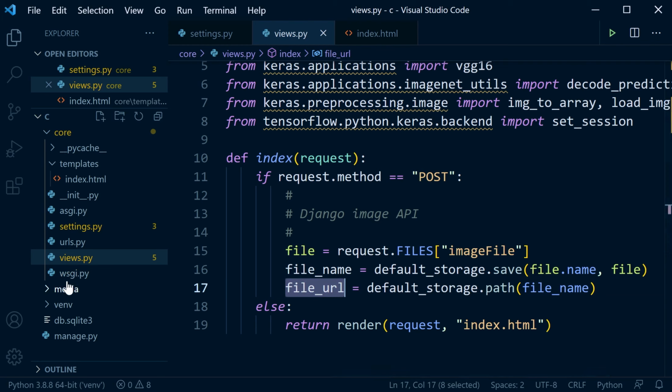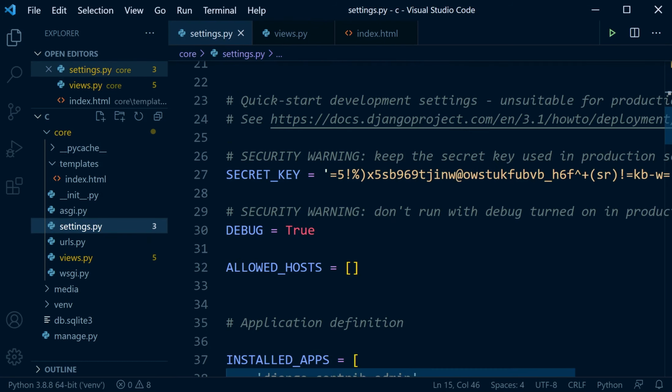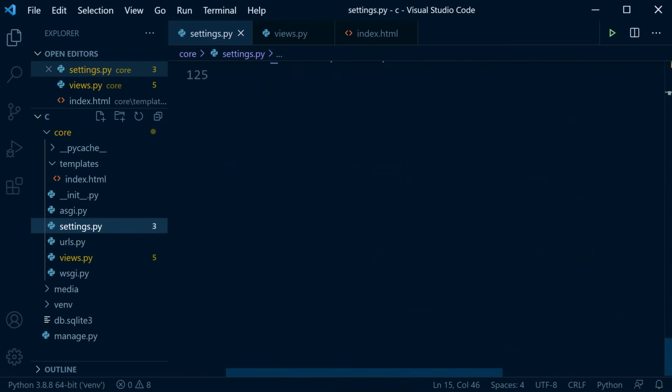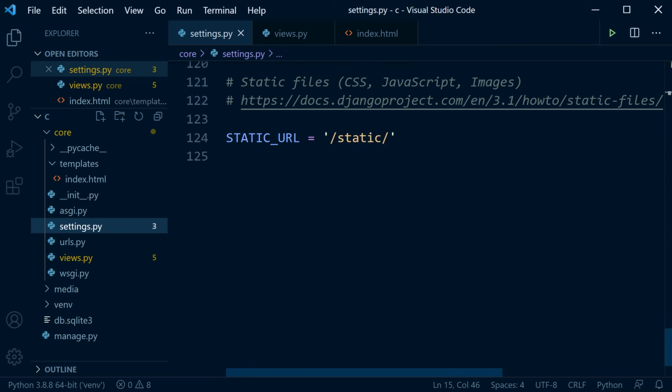So let's go ahead and just set up this media here. So let's go into our settings. Now, typically at the bottom of the settings here, we would define a few things. So you can see we've got this static URL, if you know what that is. If not, it doesn't matter at this point. And then what we're going to do is set up two variables. We can do this two ways. I'm going to do this the